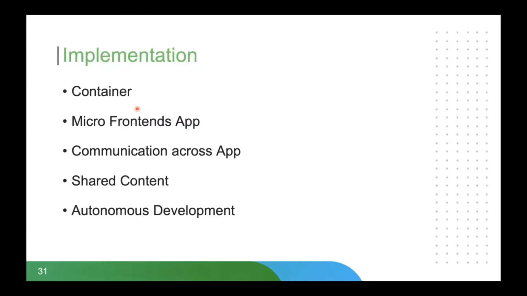So communication across apps is seamless, and we can also pass events from one micro frontend or container to another, but it should be minimal so that they are independent of each other. If someone has changed something, you shouldn't be affected. So that's the idea: the contract should be as minimal as possible.